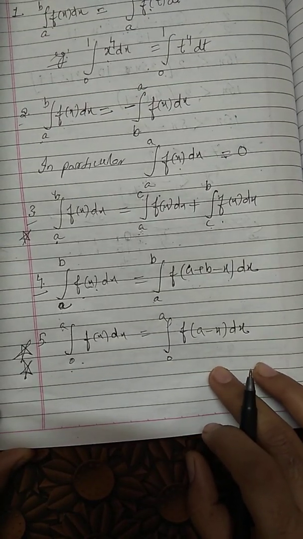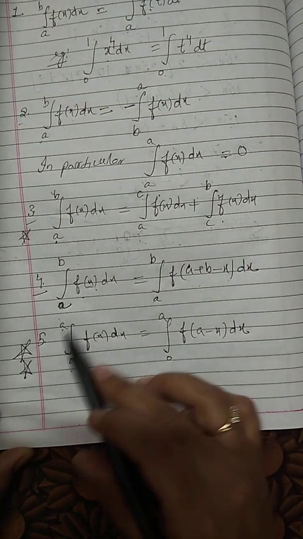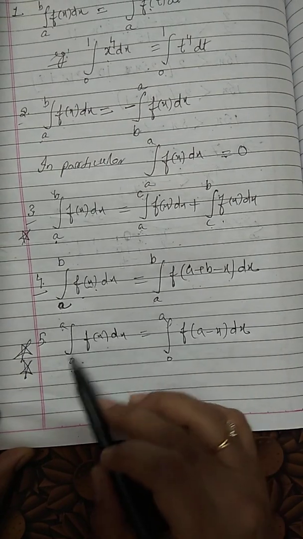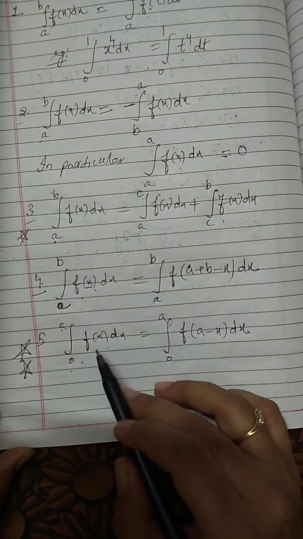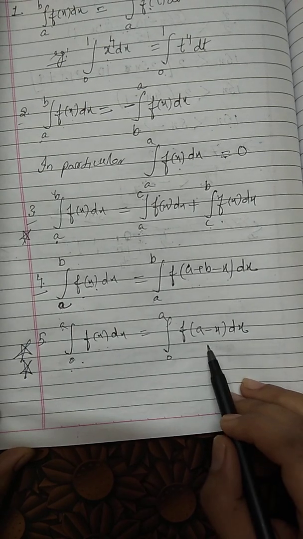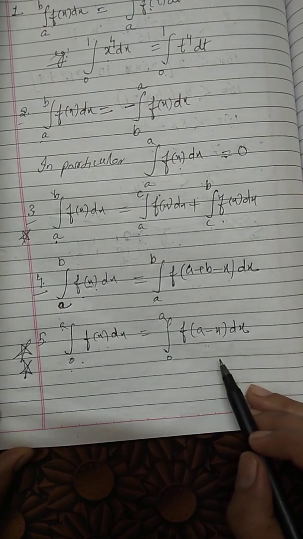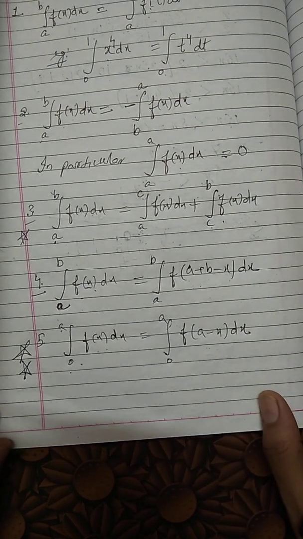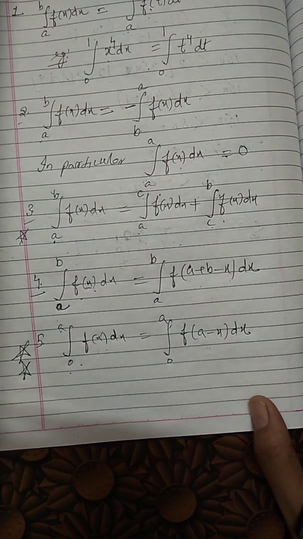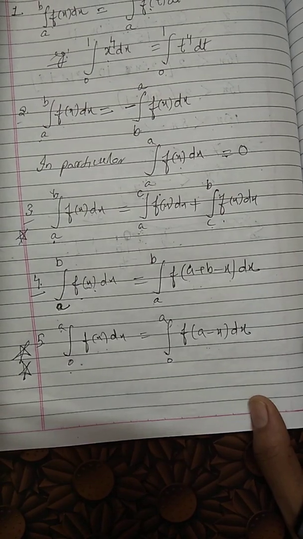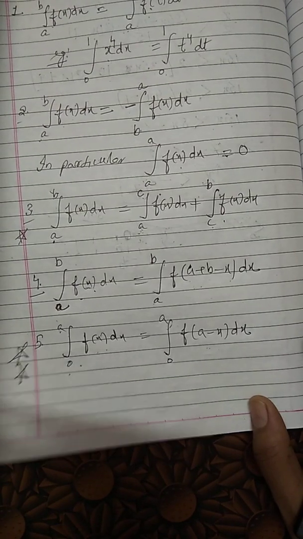So how will we use the property? Whatever function is given, we will write it down and mark it as I. Then we will apply this property, and definitely the integrand will change based upon this property. And we will find some easy way that when I add or subtract the integrals, our integral will become quite simple.